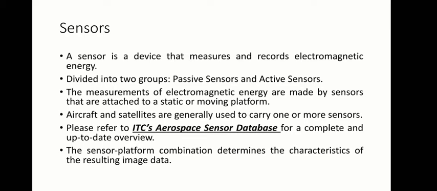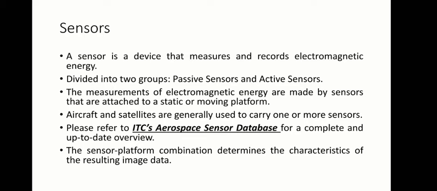Passive sensors depend on an external source of energy, usually the sun, although sometimes the Earth itself. The group of passive sensors covers the electromagnetic spectrum in the range from less than 1 picometer, that is the gamma ray range, to over 1 meter, those are the microwave and radio waves range. The oldest and the most common type of passive sensor is the photographic camera, the mobile phone camera which you are using.